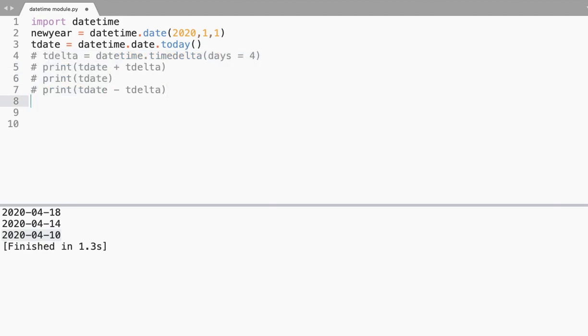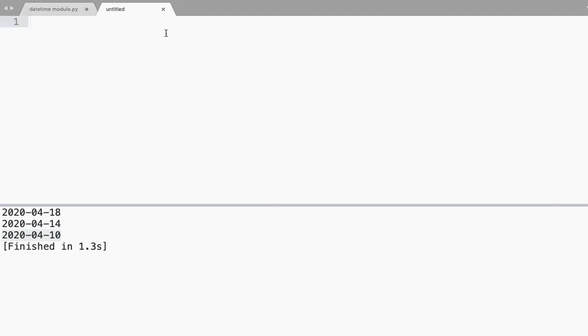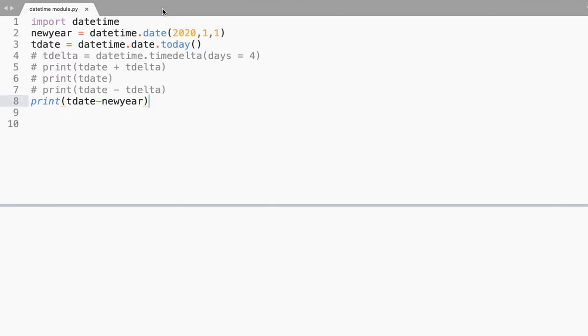Since new year date, how many days are there? Let me say print t date minus new year. So when I do this, I'll be getting the number of days between these 2 days, that is 104